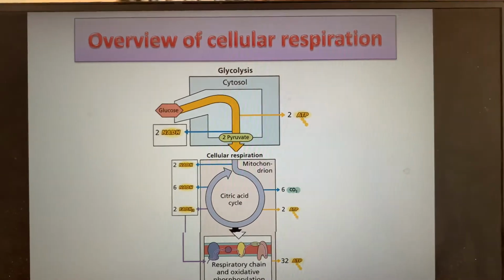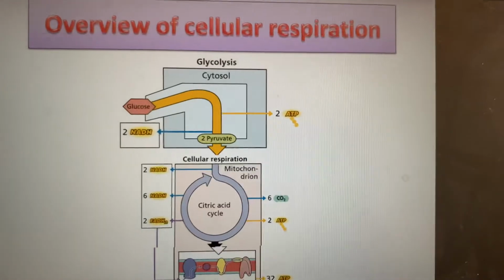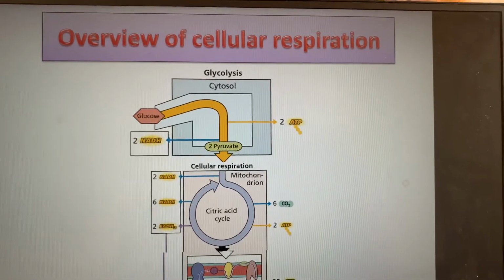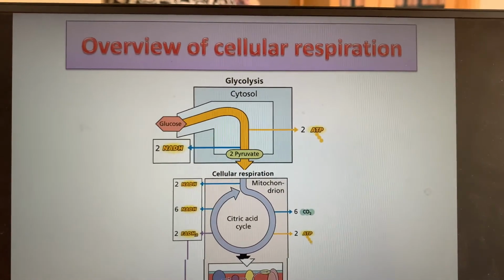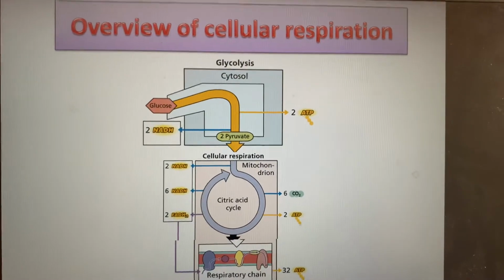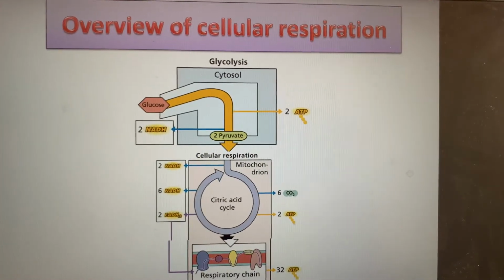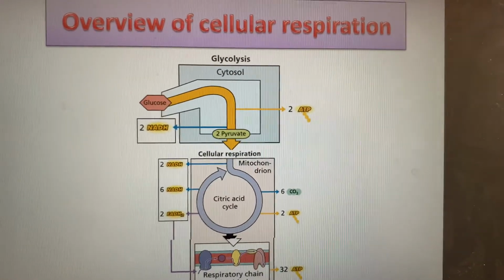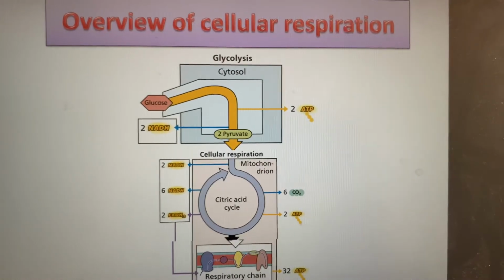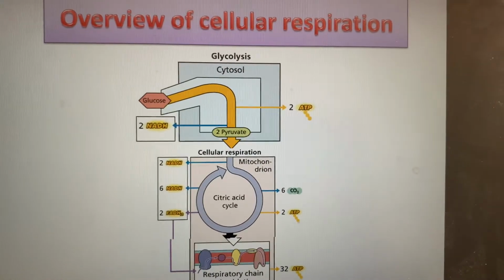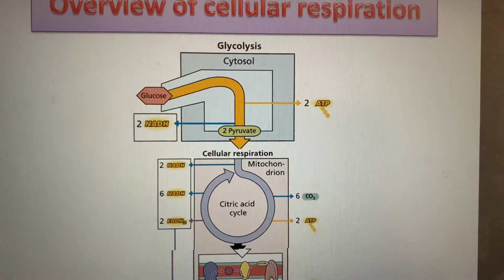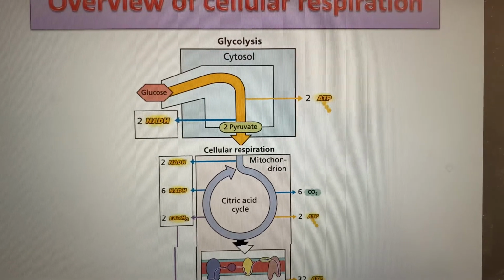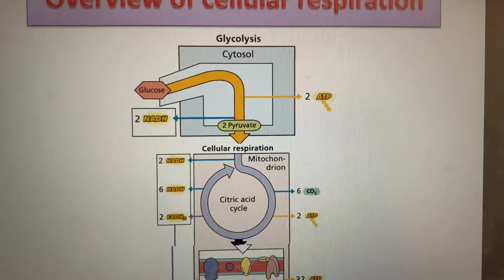take the overview of cellular respiration. The glycolysis, pentose phosphate pathway, Krebs cycle, and electron transport chain, all these processes belong to cellular respiration. The process of glycolysis starts in the cytosol, and from glucose, pyruvate is produced, and 2 molecules of ATP are synthesized. NADH is also produced there, and